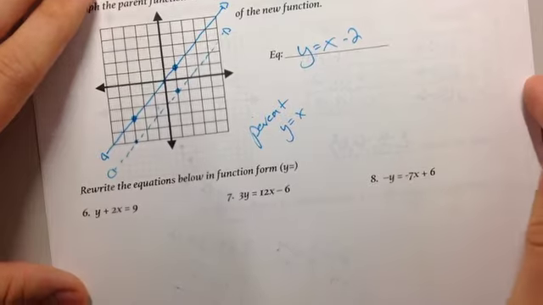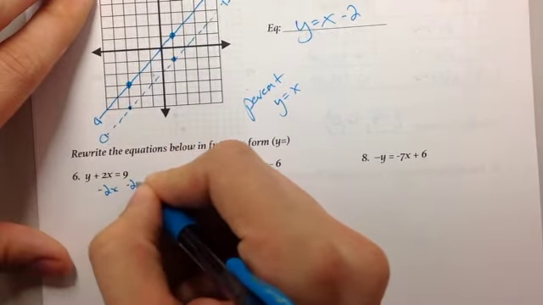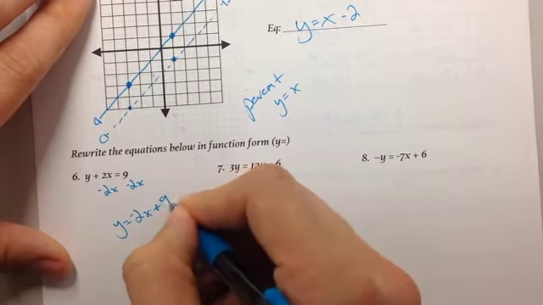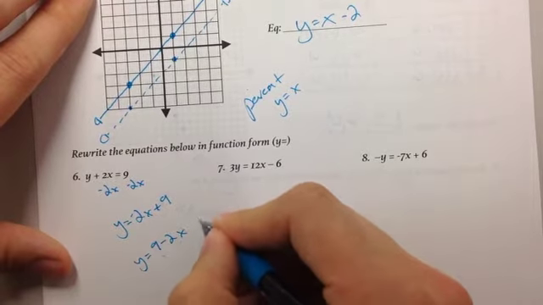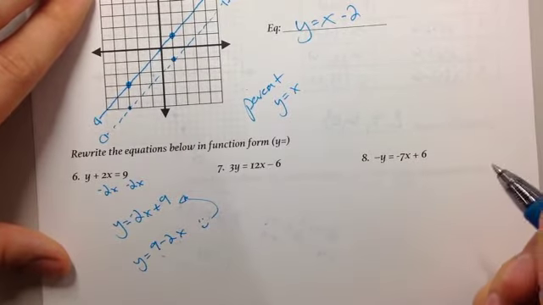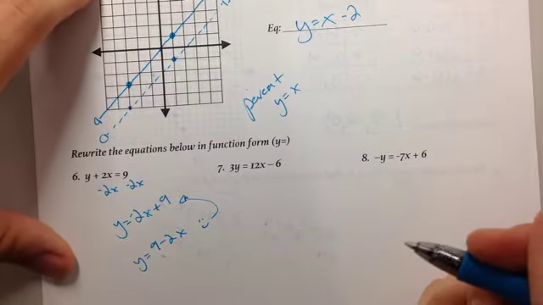Rewrite the function below in y equals x form. I want y by itself. This first one, I'm just going to pull x from both sides. And I'm going to get y is equal to negative 2x plus 9. Algebraically, y equals 9 minus 2x is correct, but it's much better to have that x by the equal sign so that when we get heavier into graphing, it's a little bit easier for you to pull the information